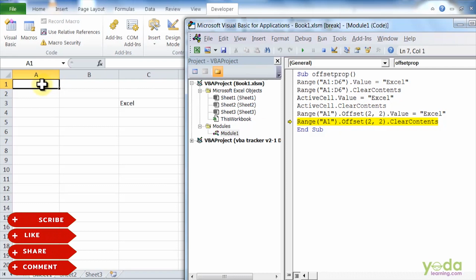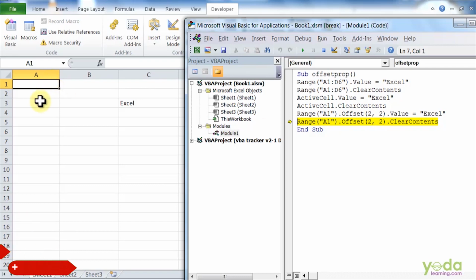Now the active cell is A1. It will move 2 rows below and 2 columns ahead, and it will type the value in there as XL. Now if I say Range A1 dot Offset, the number of rows and columns to move, dot ClearContents, it will remove the contents from the cell where the value of the offset was there.